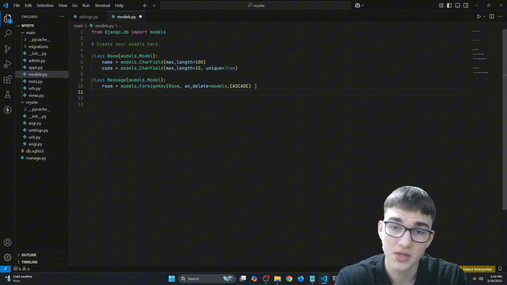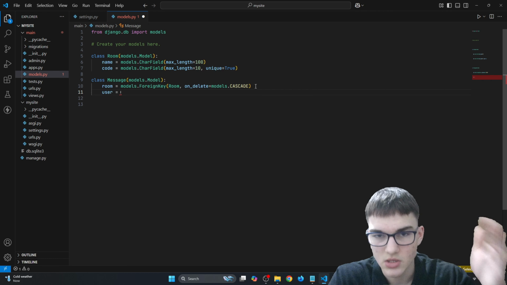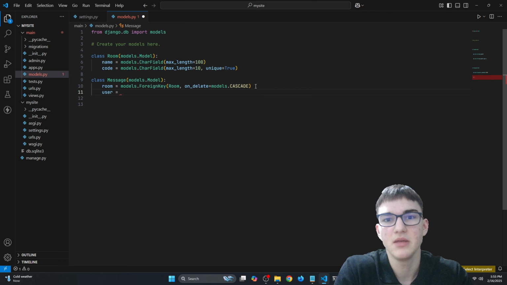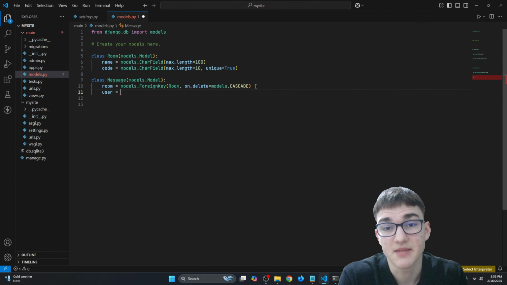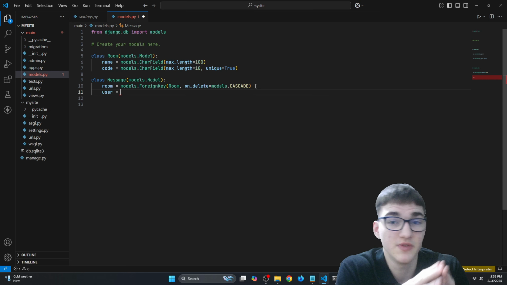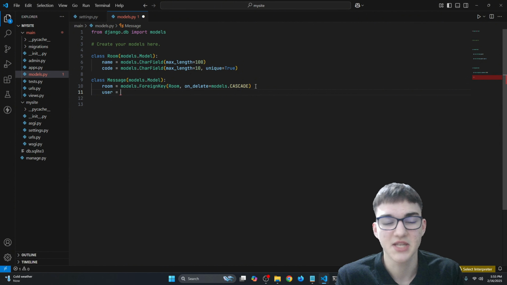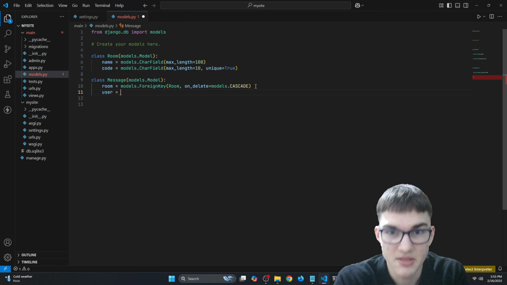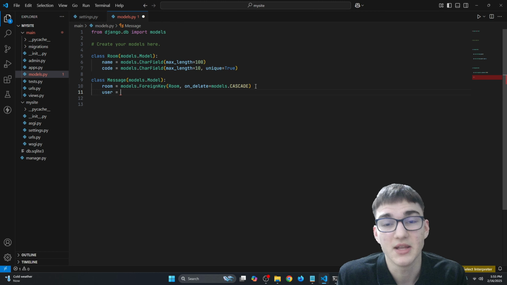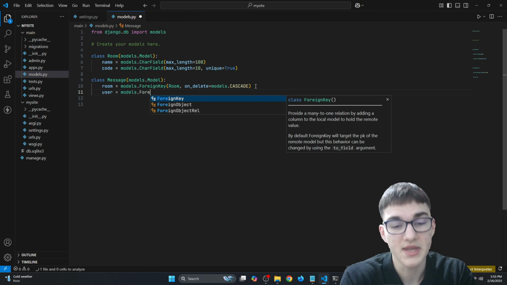Alright, the next field we'll need is the user field. So we want to create a user, for example admin user or joker user, to know which user typed that message. We want to be able to know which user typed which message, and later on if we add, for example, kick or ban, I don't know if we'll do that, but I'm just saying, we know which user to ban if he's saying some bad words, right? So also we'll need to use the foreign key for this and associate it with the user model,